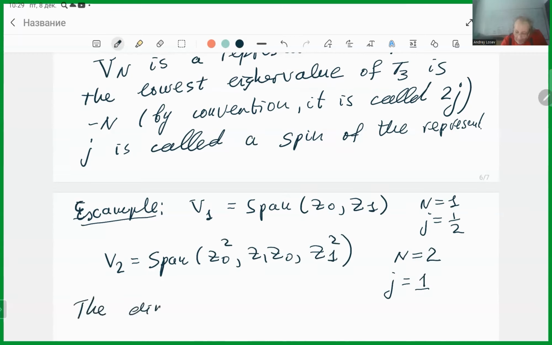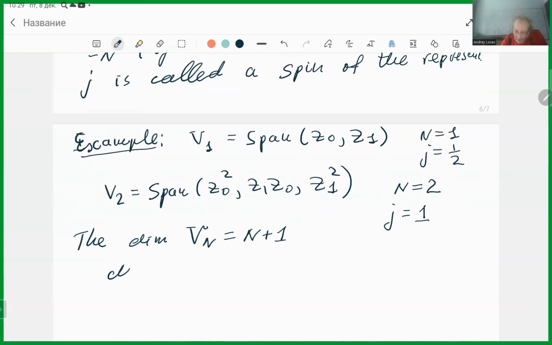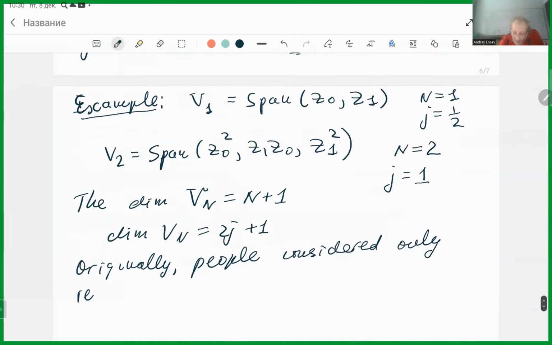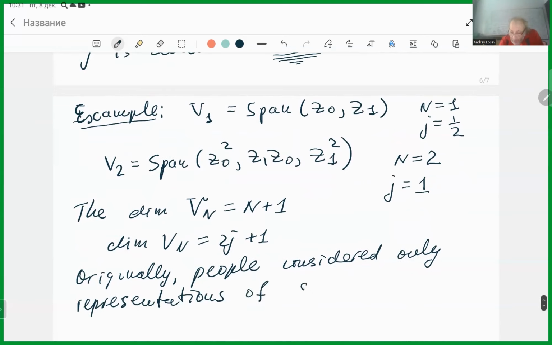The dimension of Vn is clearly n plus 1, and in this convention, the dimension of Vn is 2J plus 1. Tim, do you agree? Yeah. Okay, so people call this the spin of the representation because originally people considered only representations of